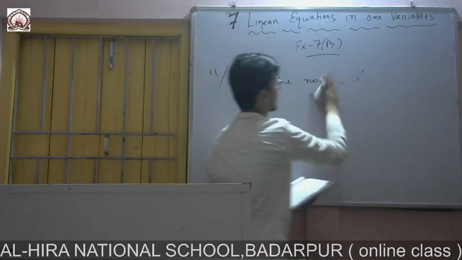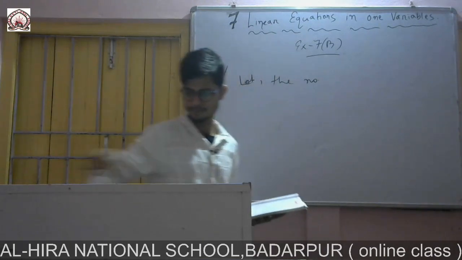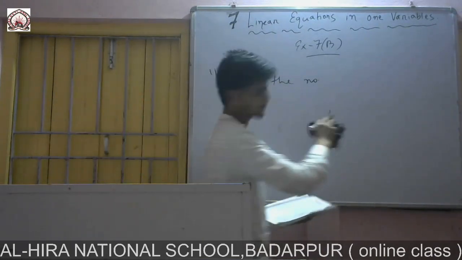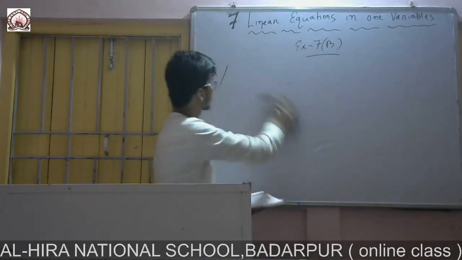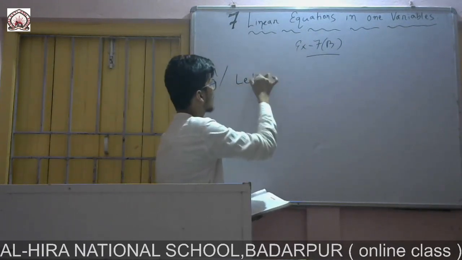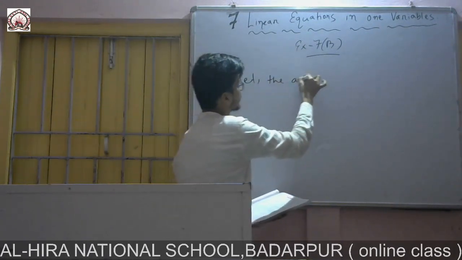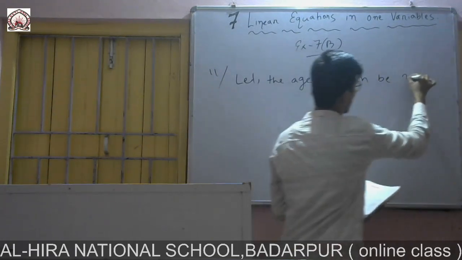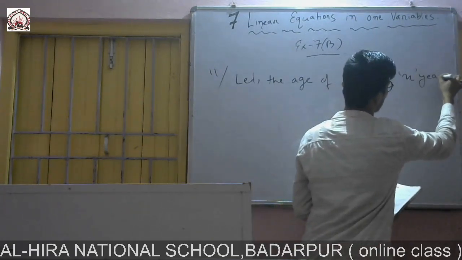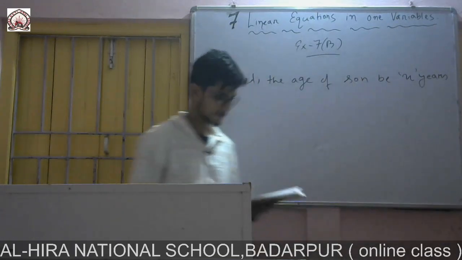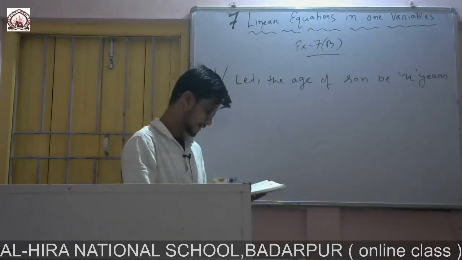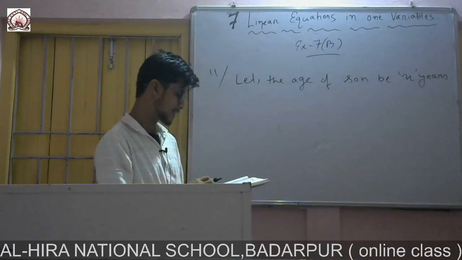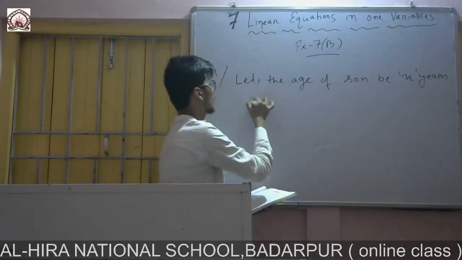Let the age of son be x years. Let the age of son be x years and it is given that Mr. Grover is 3 times as old as his son, therefore